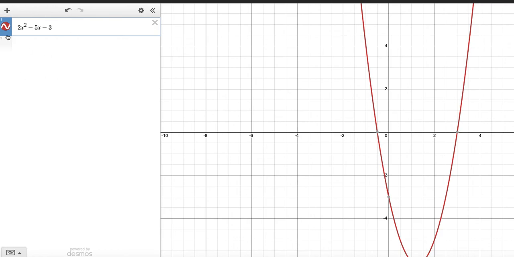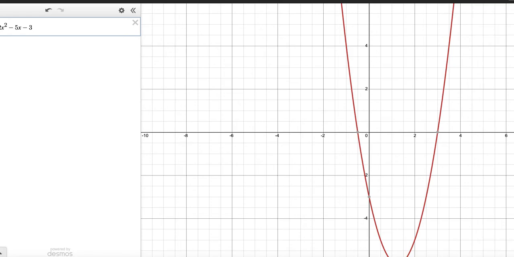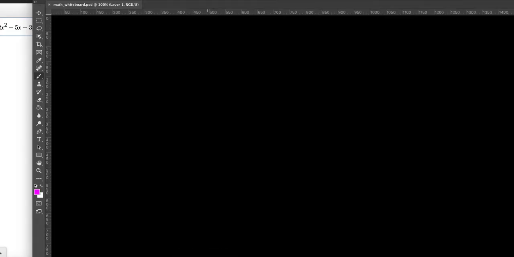So I have this quadratic right here, 2x squared minus 5x minus 3, and we see that it crosses at negative 1/2 and positive 3. But without a graph, if we use the quadratic formula, we can figure that out as well. So we will verify that. Put this over here. Okay, so first off, the quadratic formula is